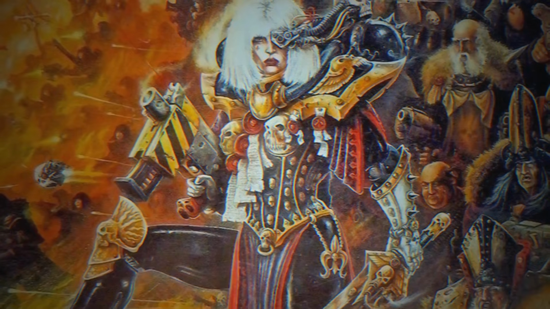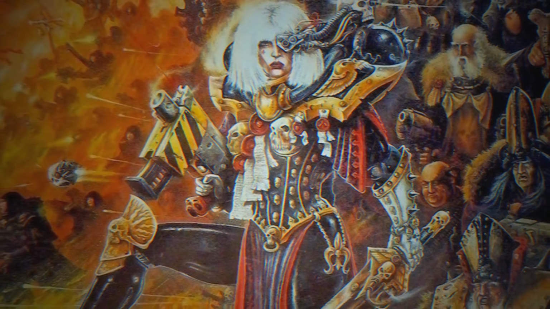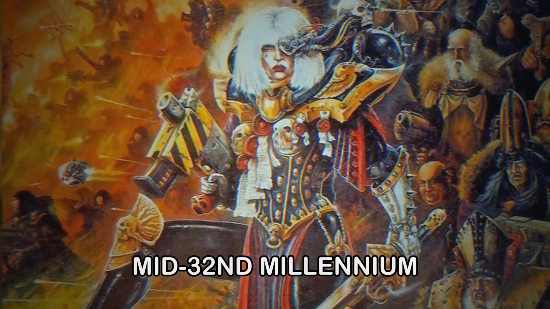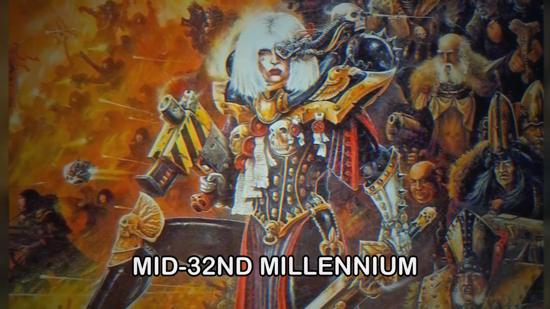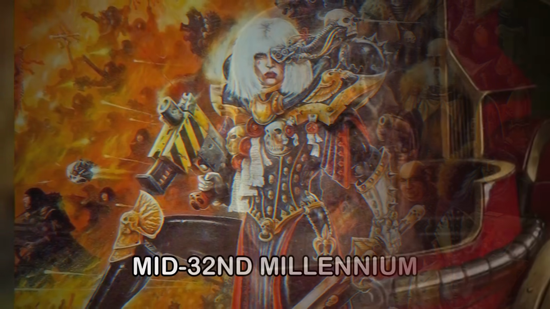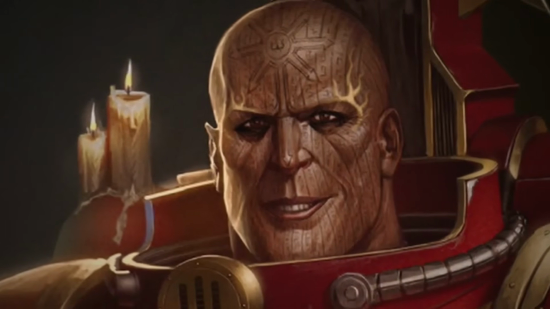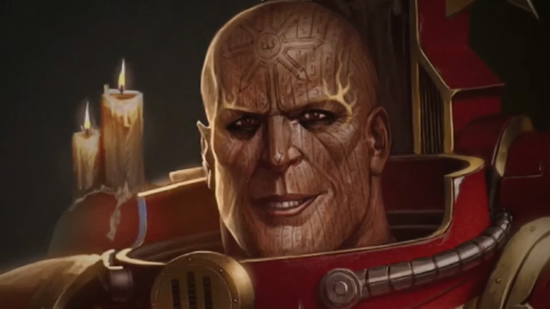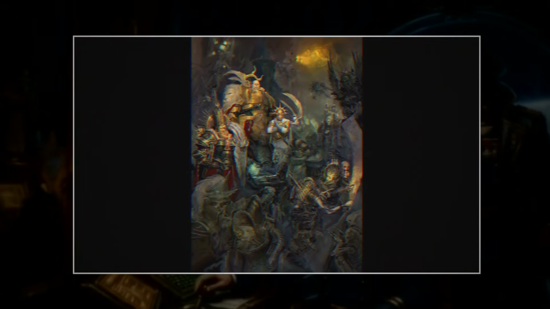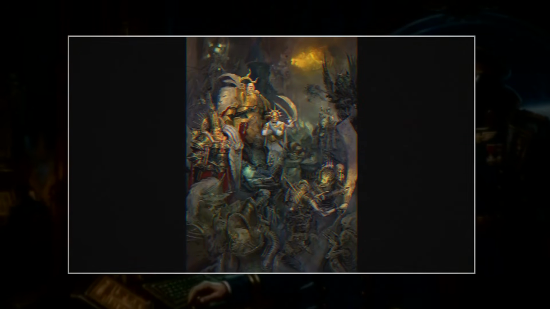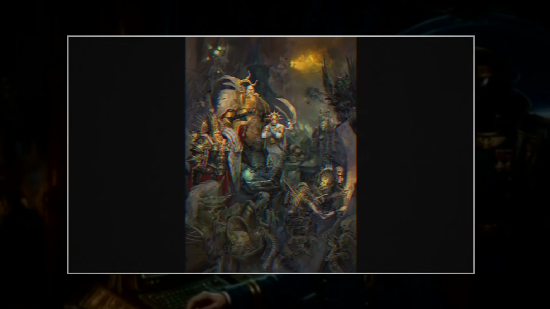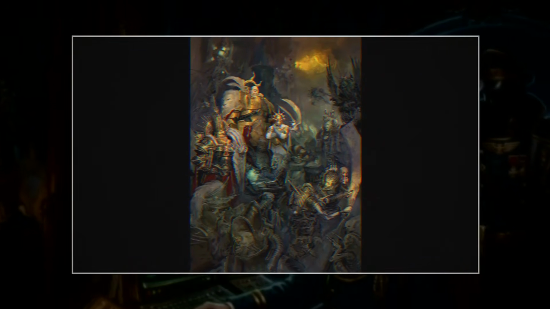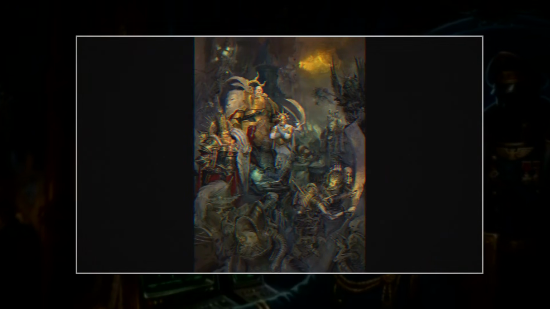Following the devastation of the War of the Beast, the Imperium, now in the mid-32nd millennium, stumbled into another period of profound internal strife, the Age of Apostasy. This era began with the rise of Goge Vandire, a man of immense ambition and terrifying fanaticism. He held the dual titles of High Lord of the Administratum, the vast bureaucracy responsible for the day-to-day running of the Imperium, and Ecclesiarch, the head of the Adeptus Ministorum, the official state religion of the Imperium.